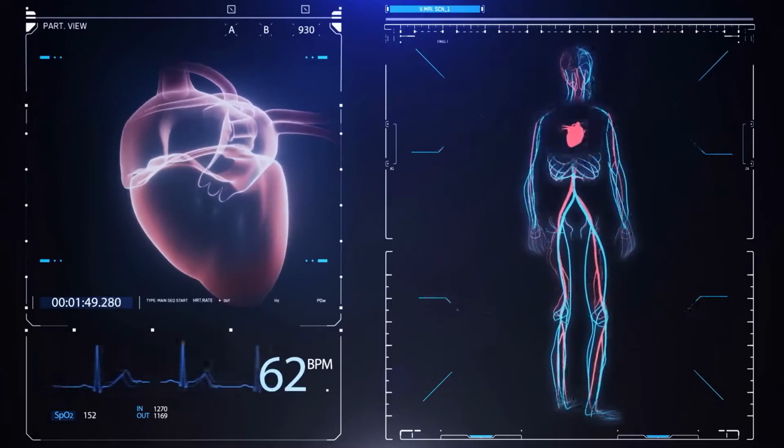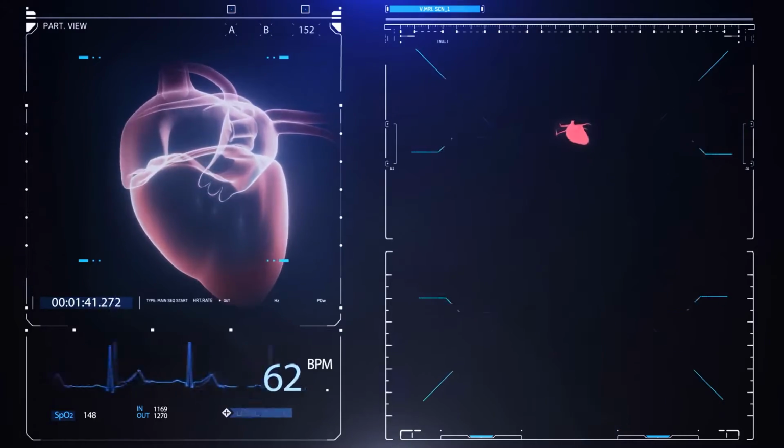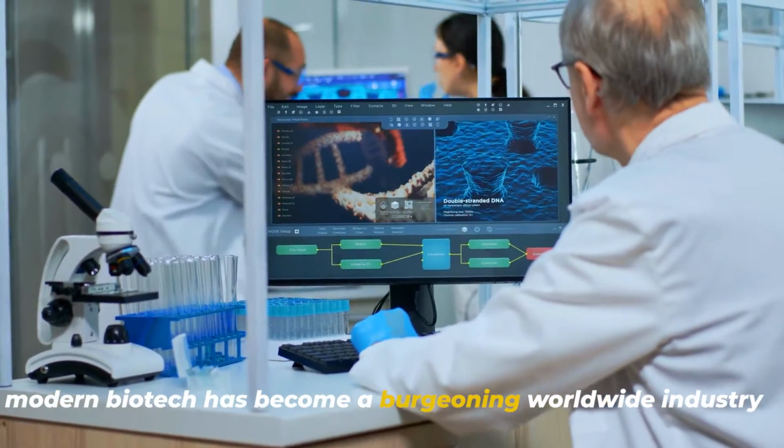During the past few years, there have been some truly amazing medical technology developments, while modern biotech has become a